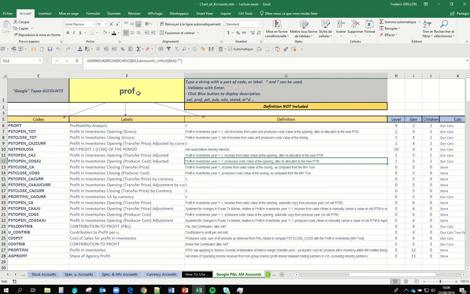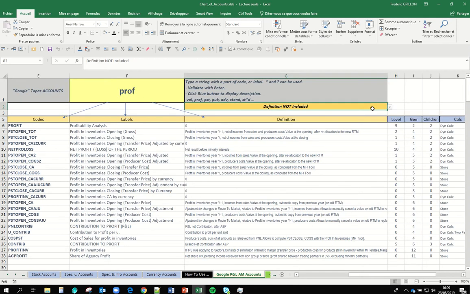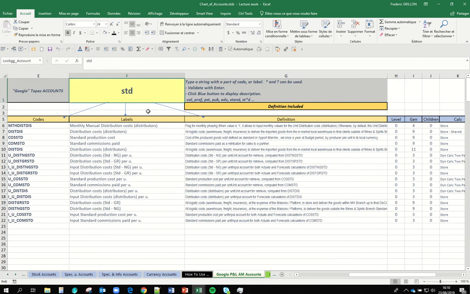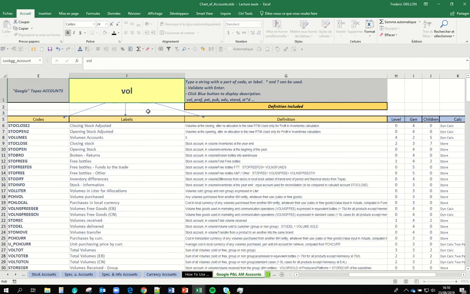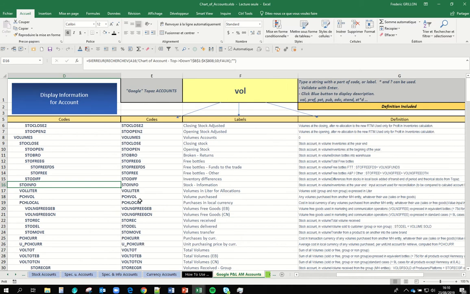If you know that this part of text is just in the label or code, you can look for STD or volumes, and when you have found the account you want to know about, let's say for instance this one, volume in liter for allocation,